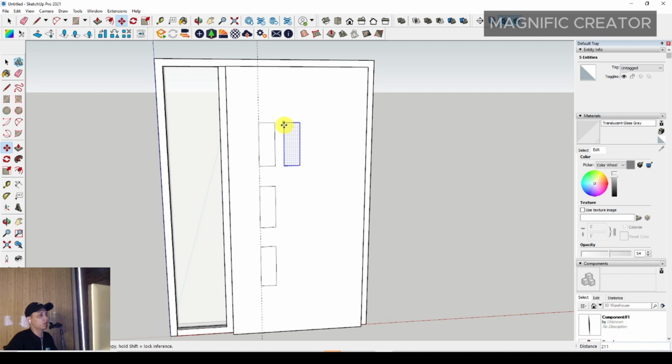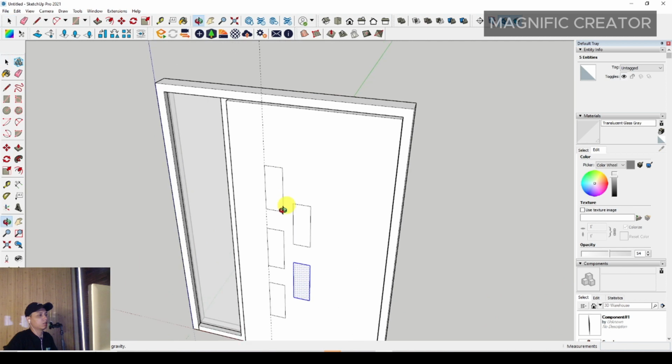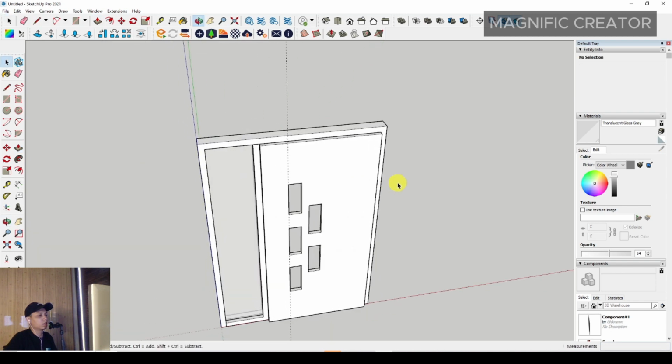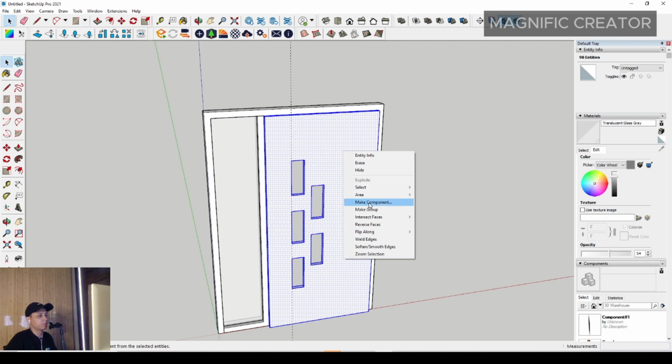Maybe you can set this position, and then you can adjust the position, something like this. You can adjust it, and after that you can push it back with the push tool, and then you can repeat for more holes in your door anyway. Then you can make it a group,